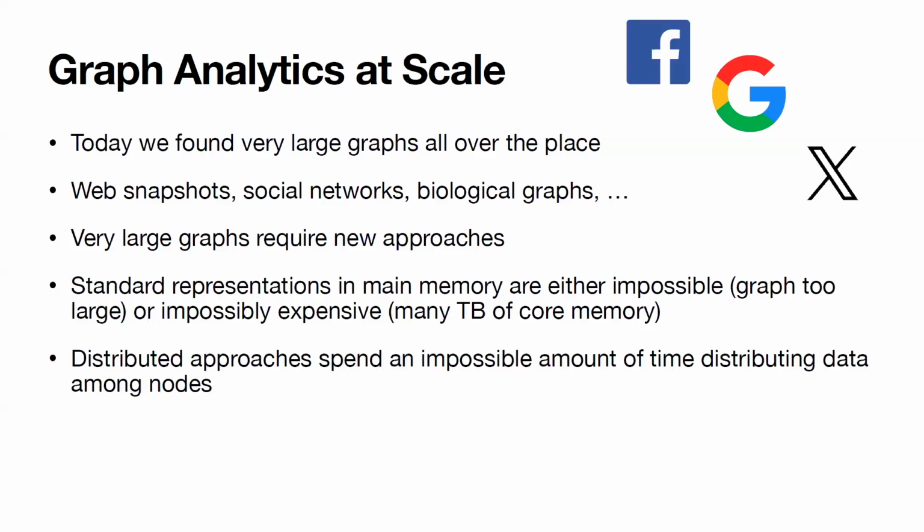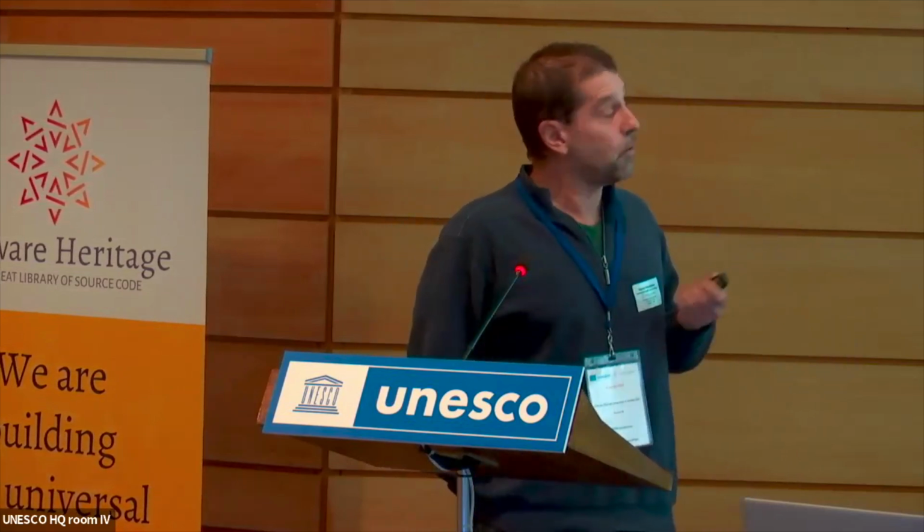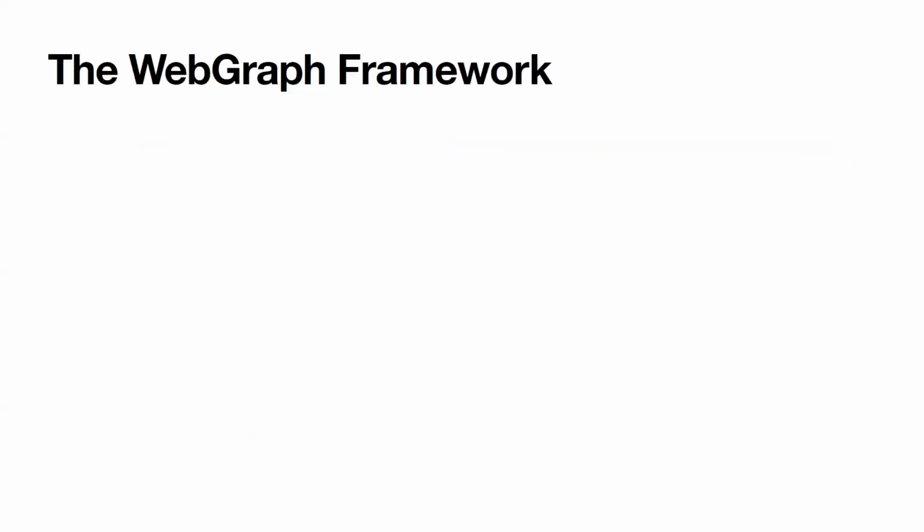Another possibility is to distribute everything. But what happens is that you spend so much time moving around data that actually distributing data might not really help you. There is a very famous paper by Frank McSherry called The Cost of Parallelization, in which he claims, and measures, that for many problems, if you use a distributed approach, no matter how much hardware you use, you cannot be as fast as a laptop with a single thread, for graphs that will fit in a laptop with a single thread. So there is a very large cost in distributing that is not obvious. Replicating the hardware would not just do the job for you. So what can we do? What we do is we have frameworks for graph compression.